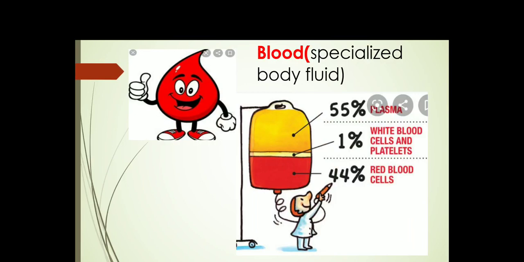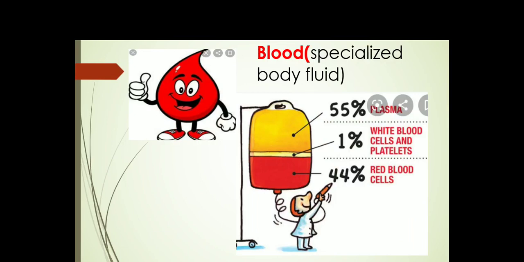First, we have to collect the blood from the human body. I will go to a diagnostic center, where the person will collect the blood. They will take it in a test tube, meaning a glass tube. After that, they will place it in an instrument. It will start rotating. After some time, what will happen? The different components of blood will get separated.